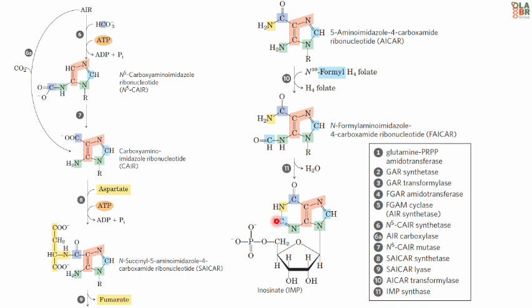And since it is an important step, we do want to know what enzyme actually performs this. So step 6A, you want to know that AIR carboxylase is the enzyme that catalyzes the reaction from AIR to CAIR. From now, we want to notice that aspartate is the next amino acid that comes in and donates its amino group in 2 steps, in both steps 8 and 9.